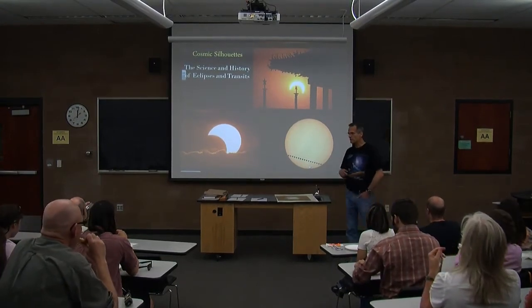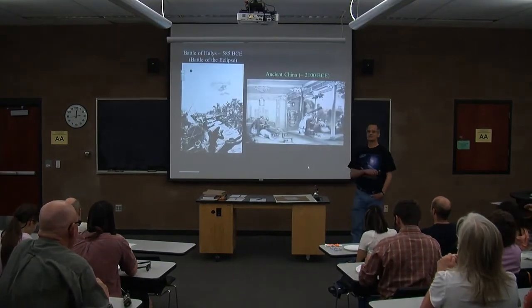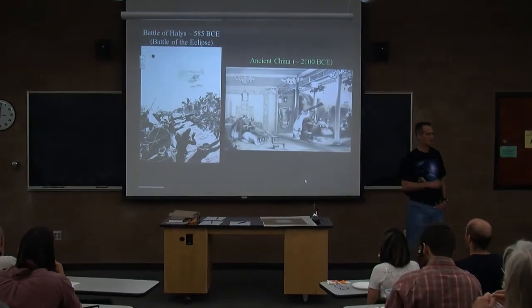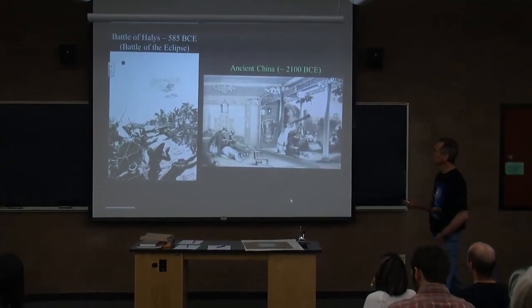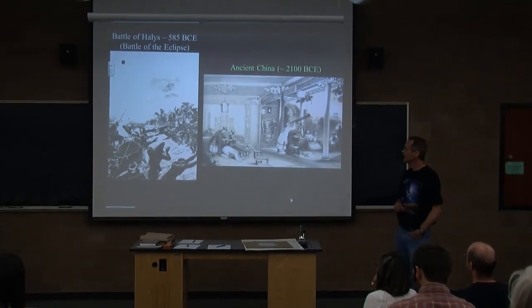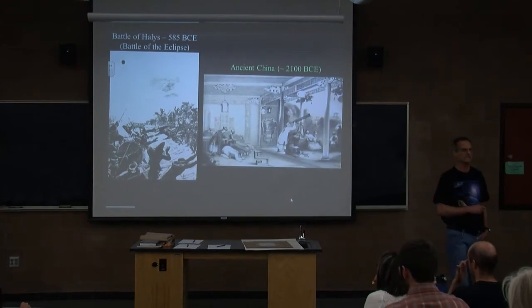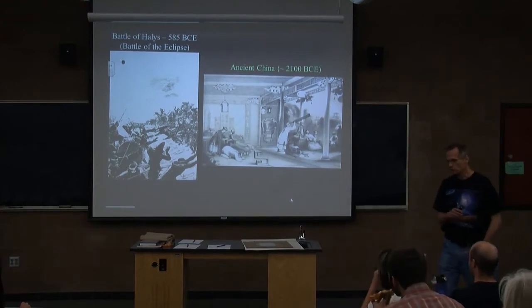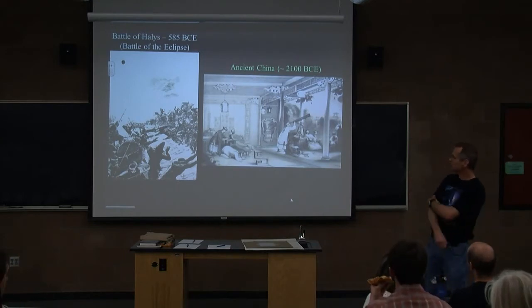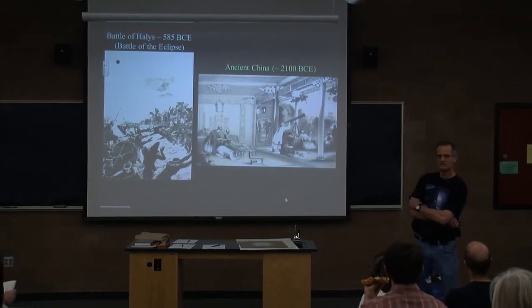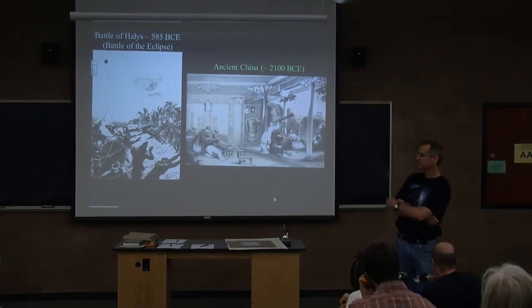So I'm going to start with the eclipse. That's what's happening next month. And historically, there's lots and lots of stories of eclipses affecting human affairs throughout history. There's one that in Wikipedia, at least, is called the Battle of Halys, or the Battle of the Eclipse. It happened in 585 BCE. These two states or nations, I don't even know what they called them back then, were battling. And I read the history. It started with an insult, and then someone getting murdered, and then it just escalated.